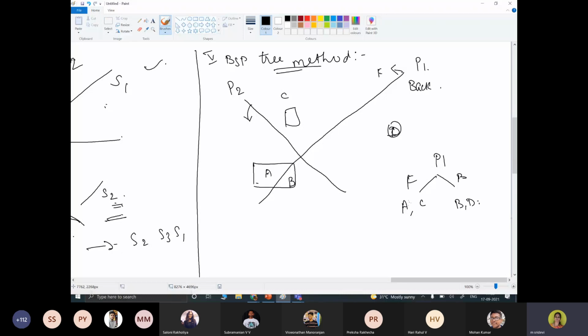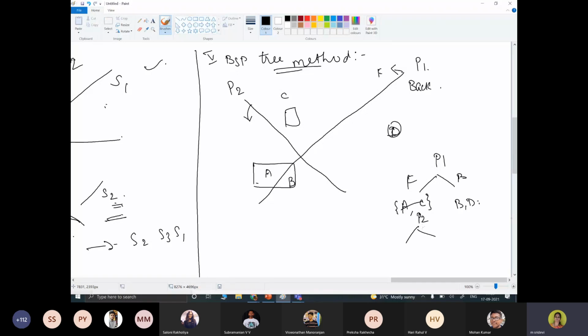That's why I have made A and C. You are talking about the entire content. With respect to the P2 view, you are saying C and D is the back side, A and B will be the front side. With respect to this, already we have made a division. Again, another subtree we are going to construct. So what will be the object we can view with this? So I can write it here, P2. Now P2: A and C we already know, which is formed with the help of P1.